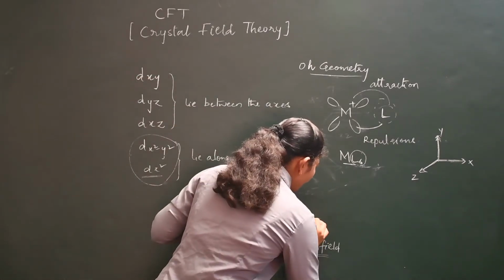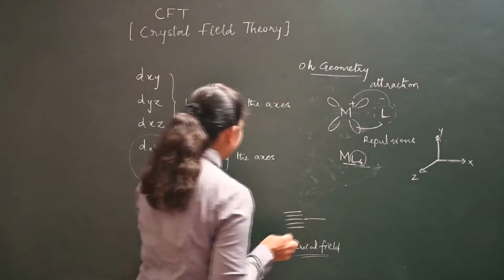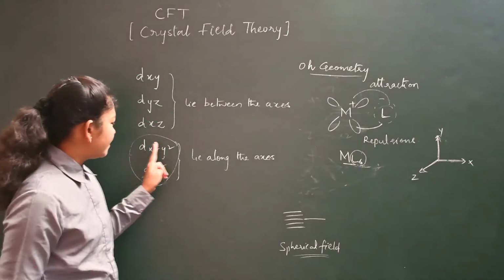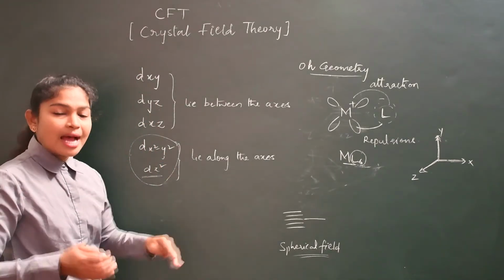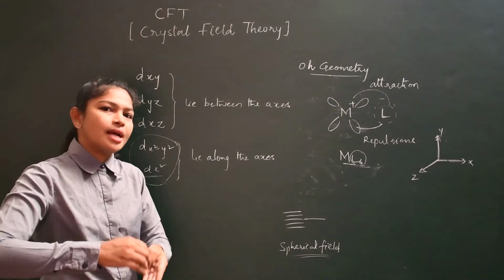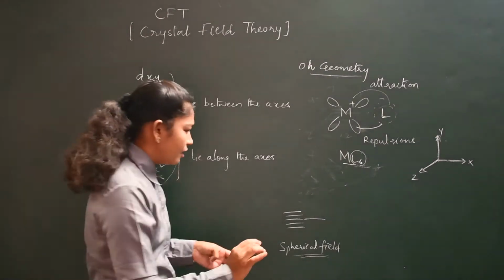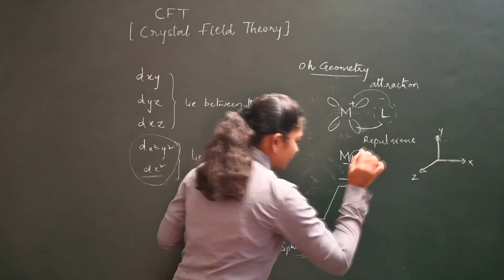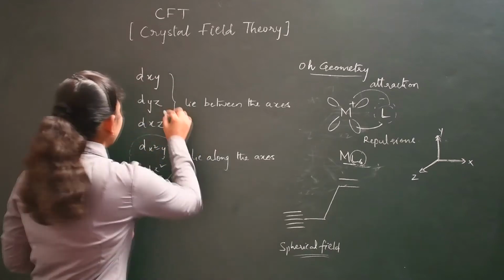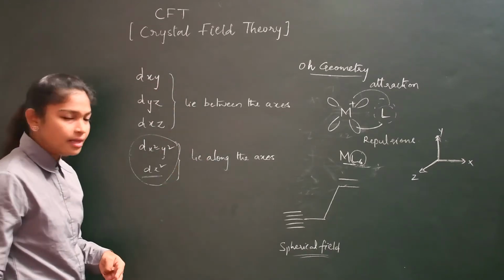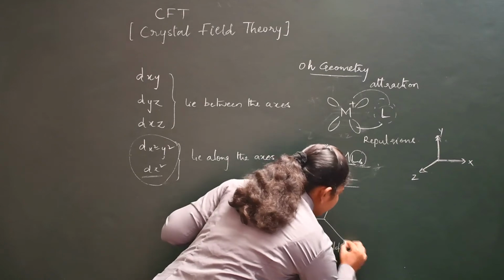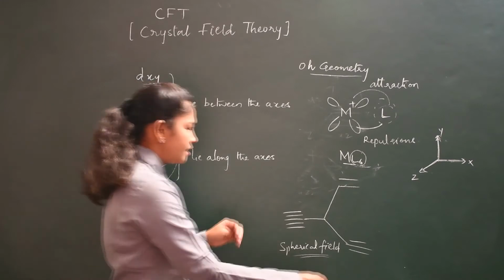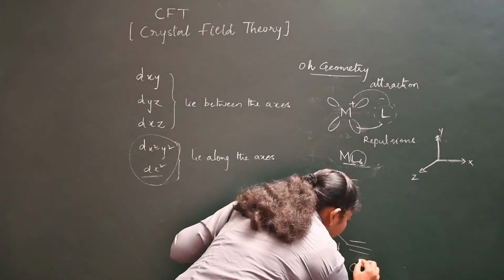So I just told you just now, right? In the octahedral field, what happens? The ligands lie on the axis. So whatever orbitals are along the axis, they feel more repulsion and get pushed up to higher energy. So these two will be higher in energy, and the remaining dxy, dyz, dxz will be at lower energy. Okay, this is in octahedral field.